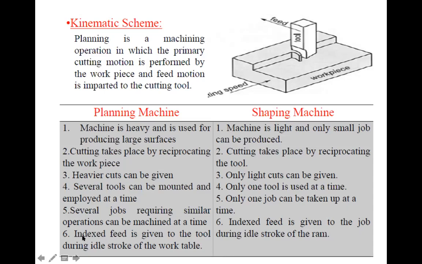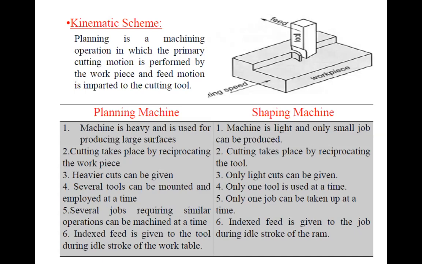And there is indexing also. Indexing is nothing but the changing of the tools. We will see that in the next chapter, so we are not going to discuss much about indexing. So remember, indexing means changing of the tool. Whatever we see in our lathe, we have turrets, hexagonal turrets. On each face of the hexagonal turret we keep different types of tools. Each tool performs one operation, and then we change the tool automatically without stopping. That kind of change of the tool is called indexing.